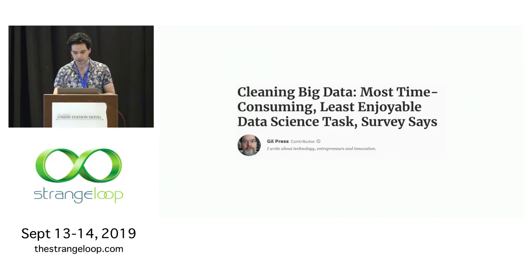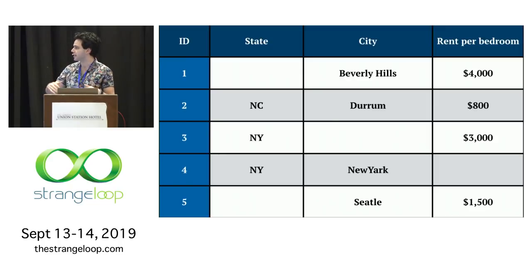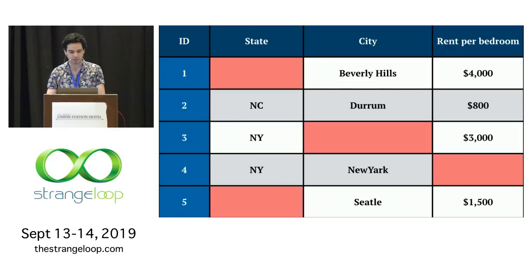that you care about. So, for example, this is a simplified cartoon example of a data set that we might have if we're running an apartment listings website. Here, we only have 3 columns: the state, the city, and the sort of rent per bedroom that this apartment is being listed for. You can see that this table has some null entries, some missing entries. And also, if you look at it for a minute and you're familiar with the United States, you'll see that there are a number of other problems here.